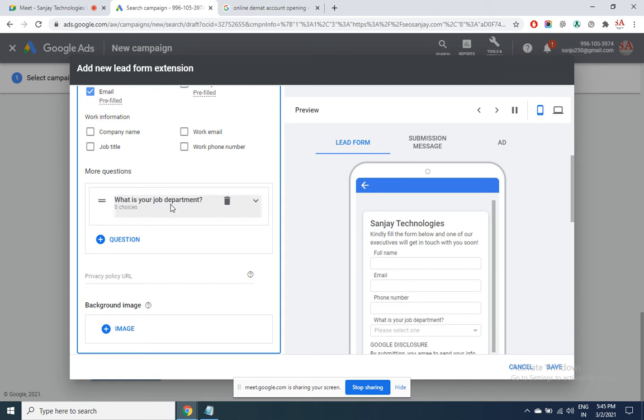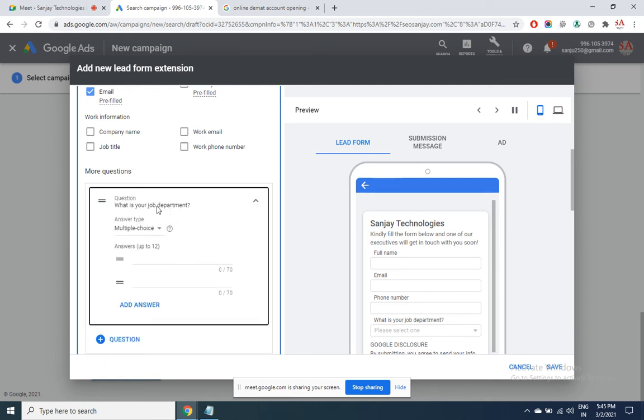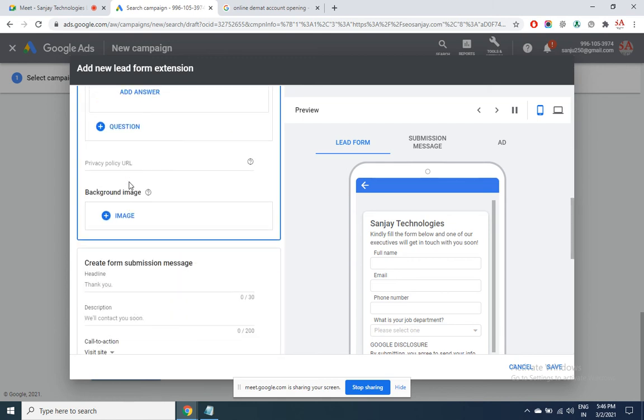Let's say that I want to have, for this question, these two answers. There are more questions you can add. Background image.